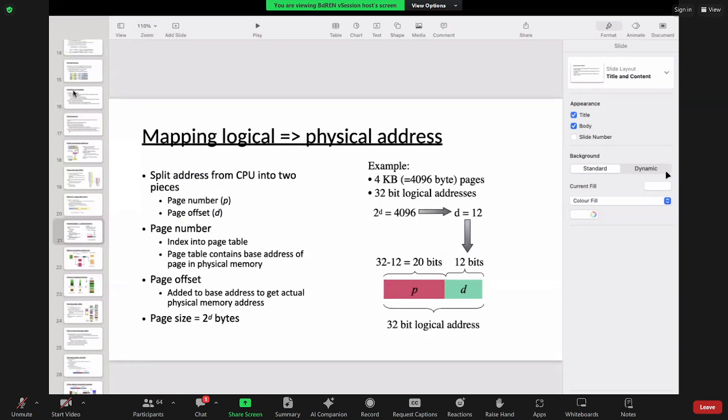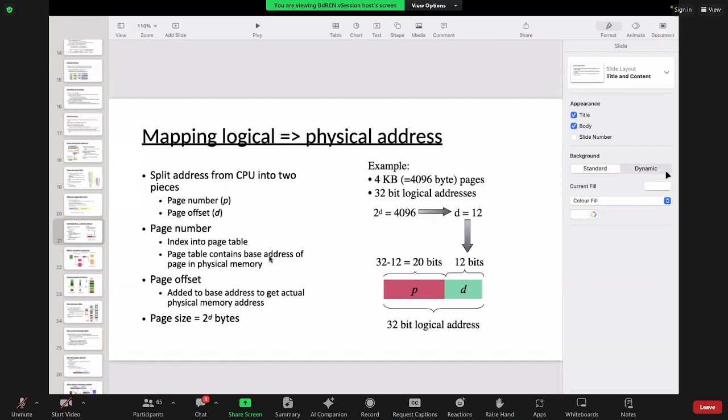So the same goes with our page table also. The virtual address will be split into 2 parts: one is the page number, the other one is the offset. So the page number is something like an index into the page table. What does that tell us? That exactly what that page's base address is. Now again, base and limit, we'll relate here. See, which is the base address? So we are just in the base address.